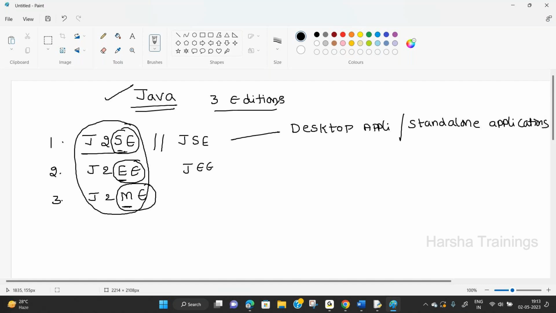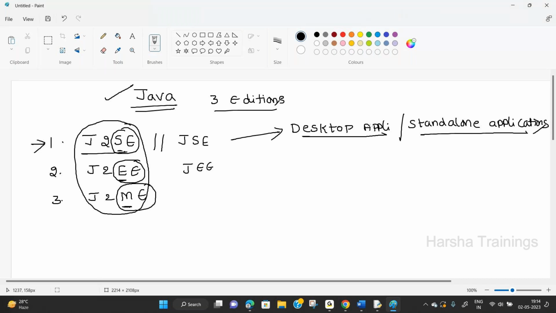So generally four types of applications are there. Now J2SE is used to develop standalone applications. Another name is desktop application. Any one example? One example is, suppose, VLC media player. I have a VLC player installed in my system, used in this system only.